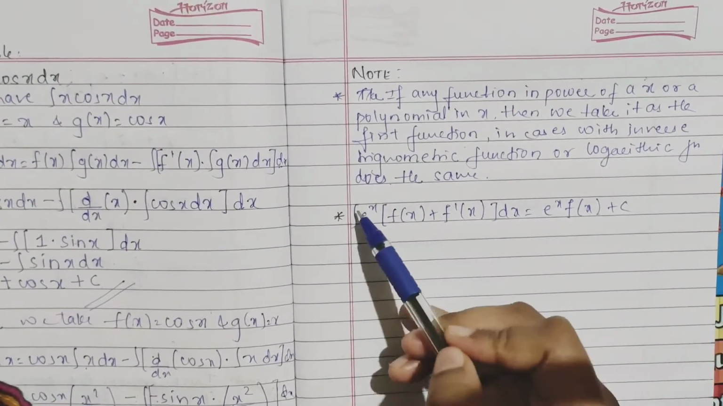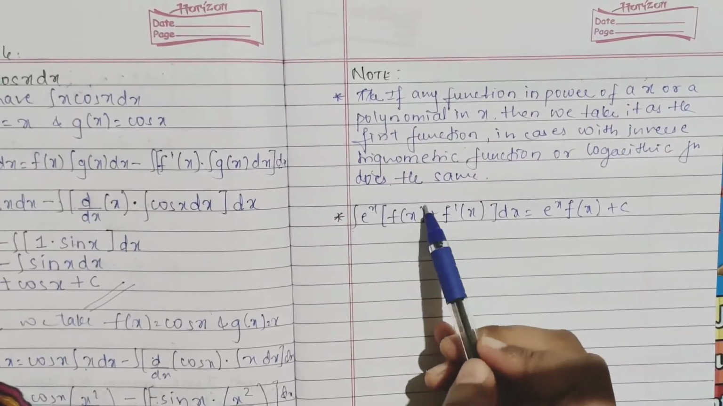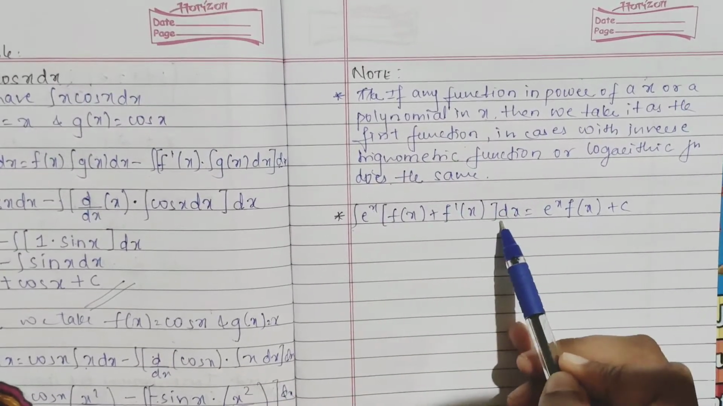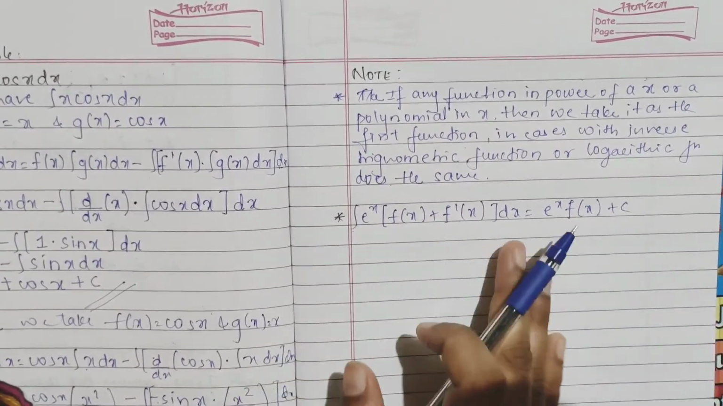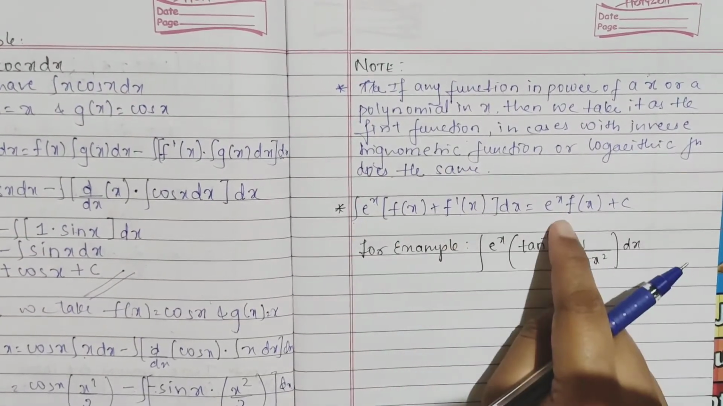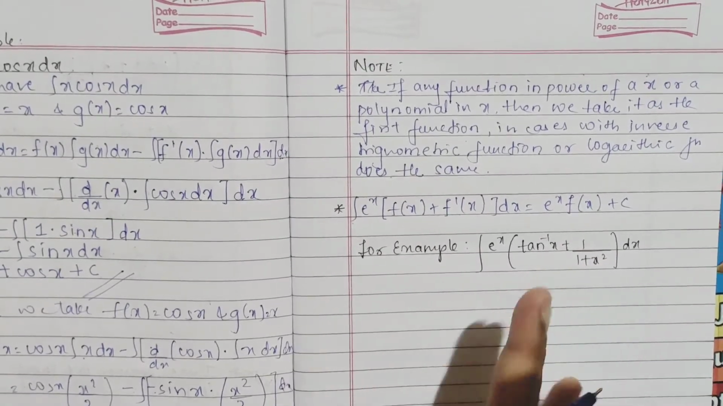And for an integral of the type e to the power x, with any exponential form, f of x plus its derivative, with dx, there is no need of applying any integration. You can directly write e to the power x f of x plus c. For example, see here,